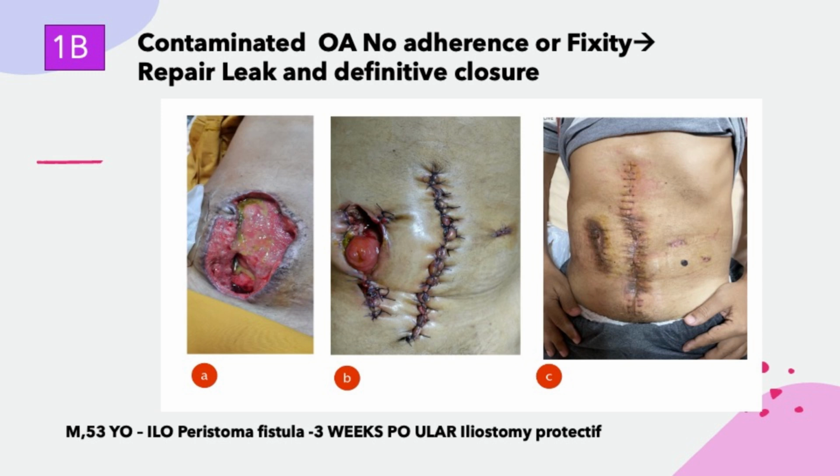Image B demonstrates the repair of the fistula and leak, followed by the initial stages of wound closure with sutures in place. Image C displays the final outcome after definitive closure, showing successful restoration of the abdominal wall. This case highlights the importance of addressing contamination and fistula repair before proceeding to definitive closure, ensuring optimal recovery and